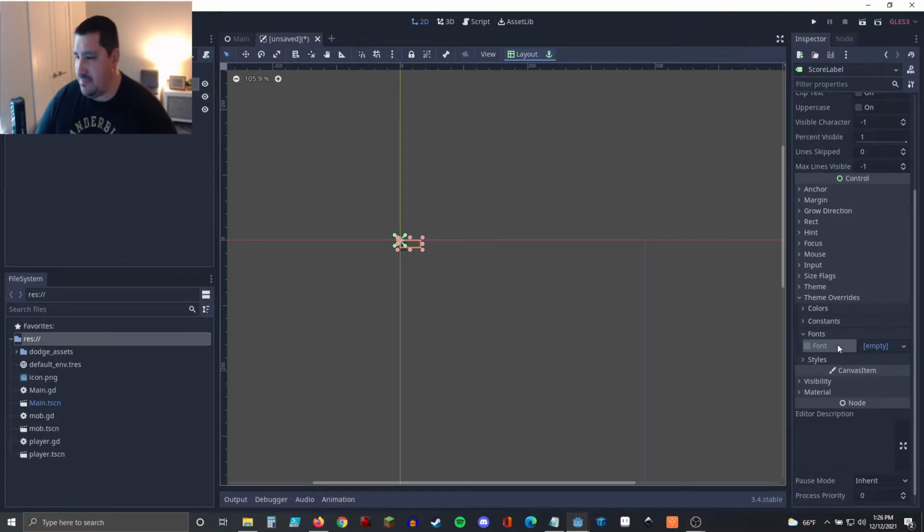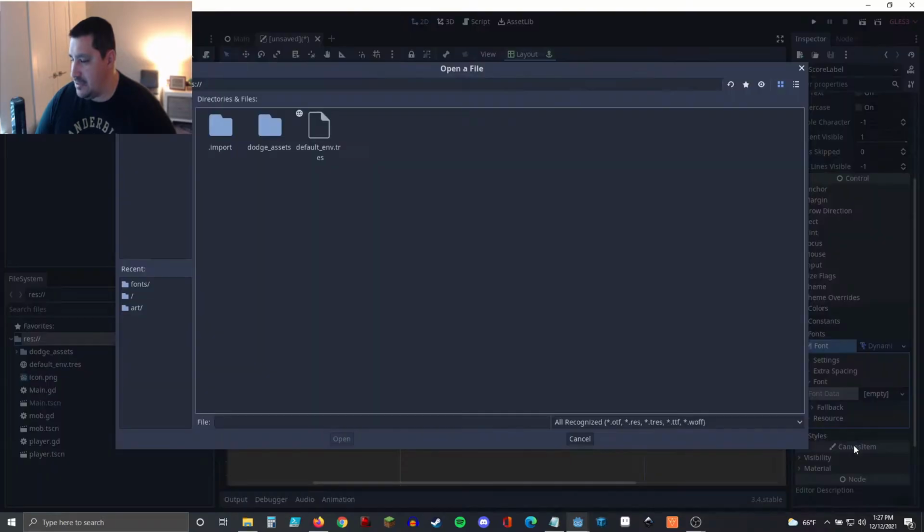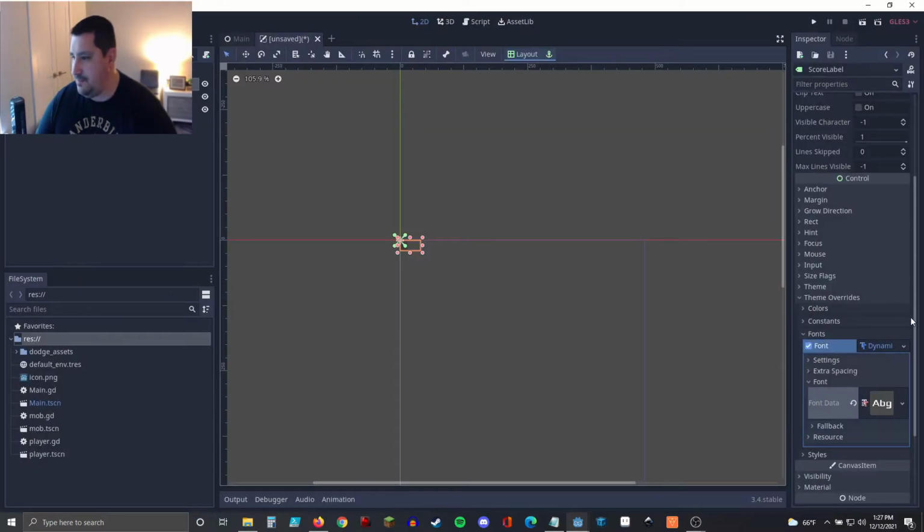By default it's empty here, so we'll select font, and then empty, we'll say new dynamic font, and then we'll expand font again, and then font data, we'll say load, and then it's going to open up our asset folder or our directory, and we'll go to assets, fonts, and we'll pick the selected font for the game, this Zolonium regular TTF file. So we'll say open, and that's going to